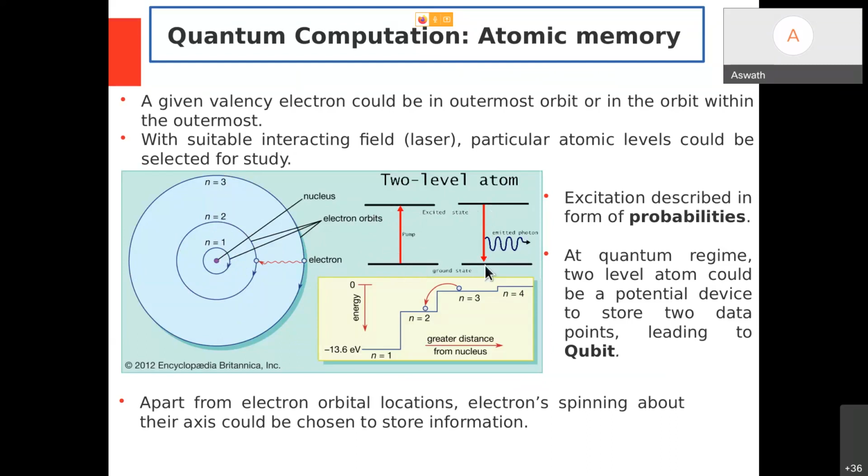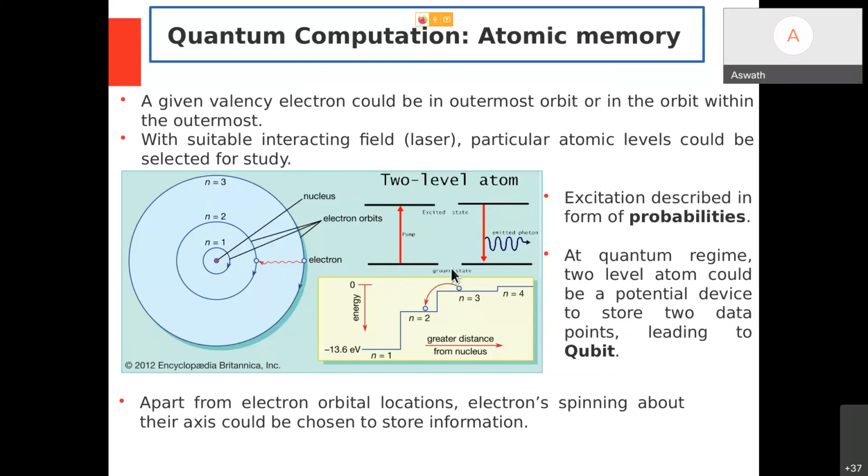It always goes down to the lowest state. That's nature: nature always tries to acquire the least possible energy state, a stable, steady state, right? So the photon is emitted. In between, if I observe this entire system, it appears to me like the electron exists even here with some probability. So there are probability numbers, let's say 60% excitation, 40% not excitation.